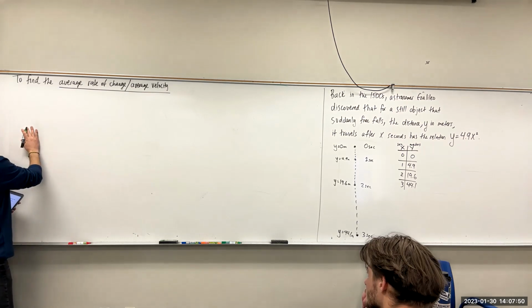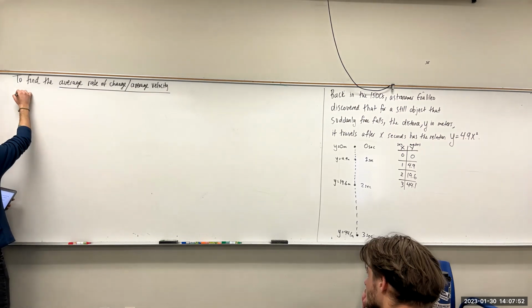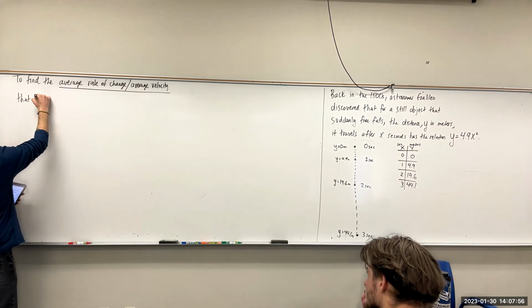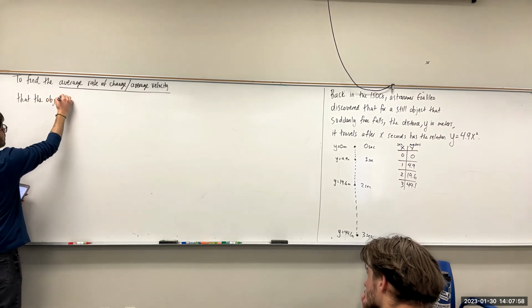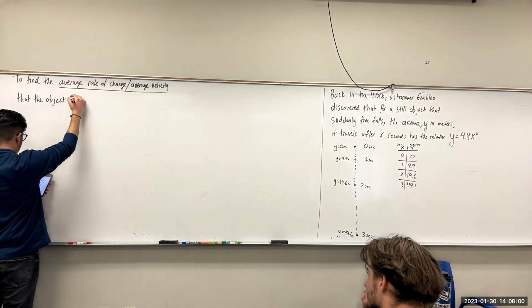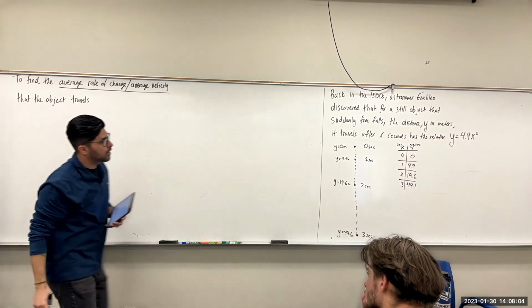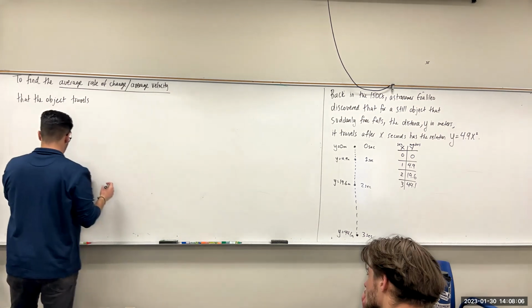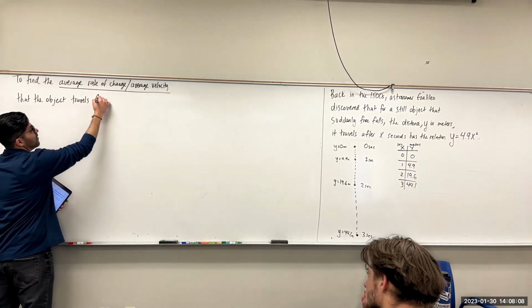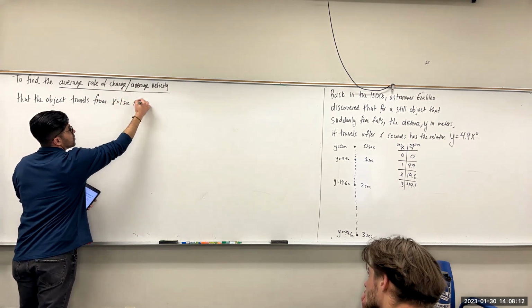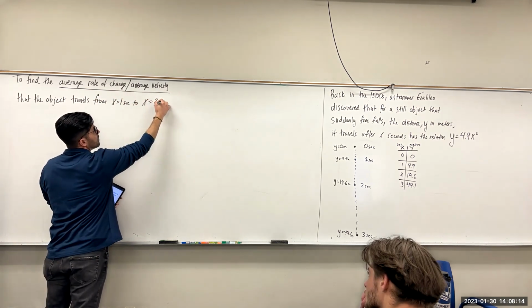So to find the average rate of change or the average velocity that the object travels from x equaling 1 second to x equaling 3 seconds,